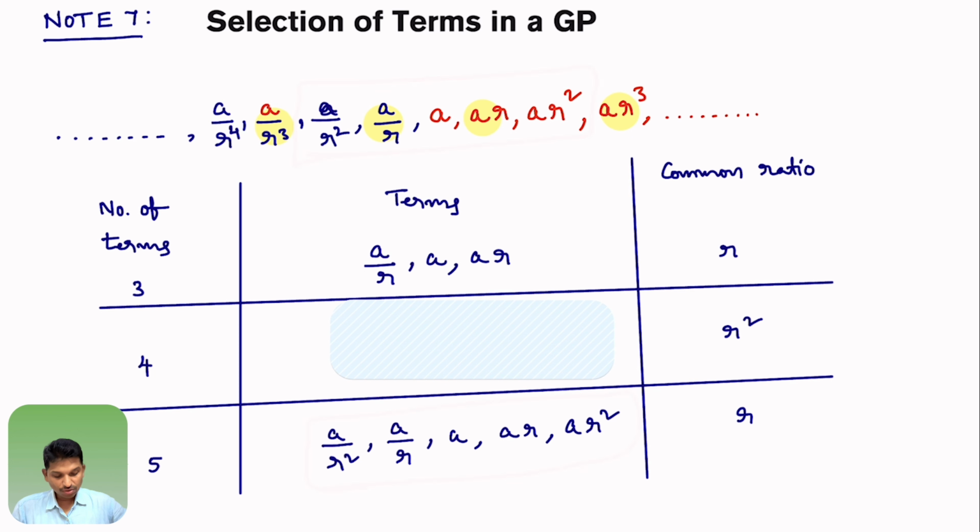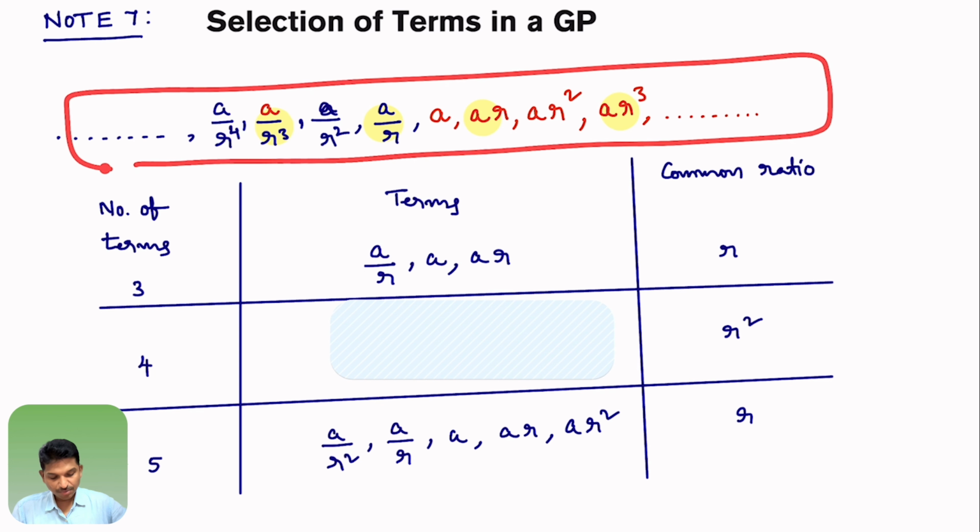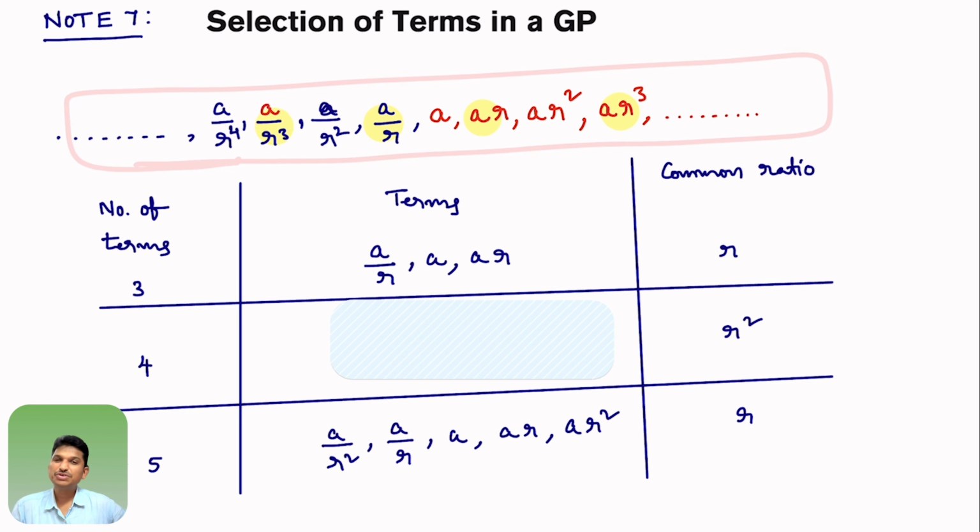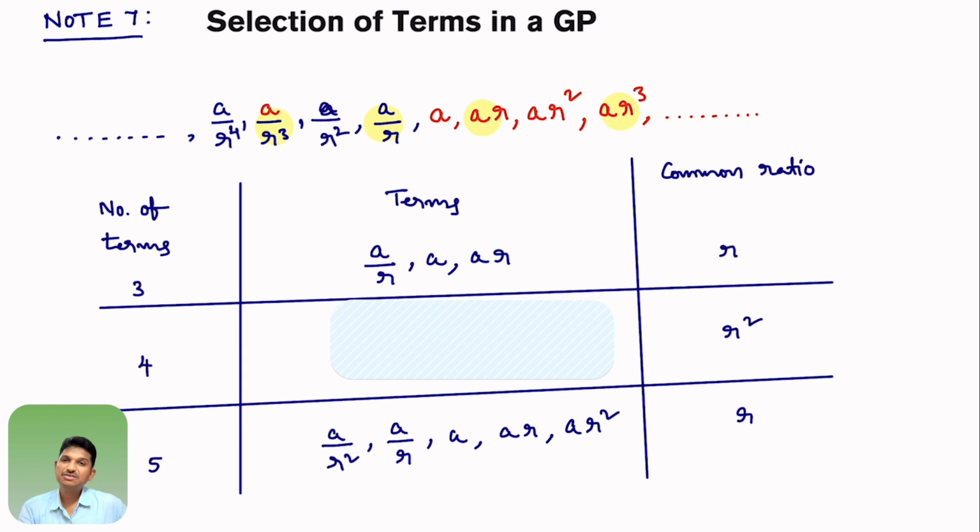If you know this, the terms form a geometric progression with common ratio r. Choosing the terms this way matters because many students confuse them. No need to memorize these things. Here one more thing: this is for an odd number of terms, 3 terms, 5 terms like that. In case an even number of terms are there,